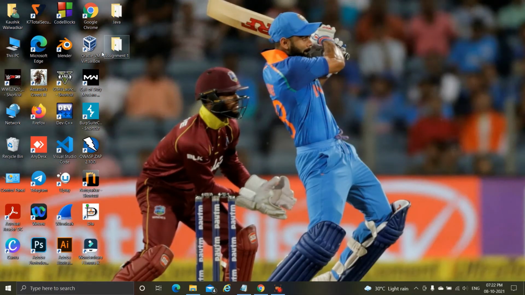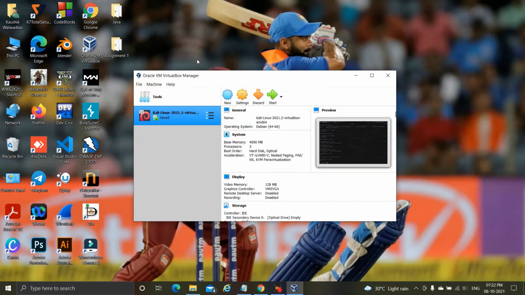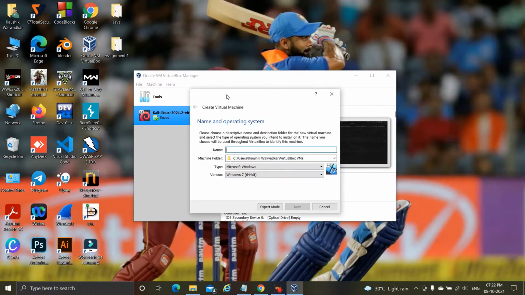So after that, just go to your VirtualBox that we have previously installed, and here I will select the option New and just give a name for what you want to install, Ubuntu.